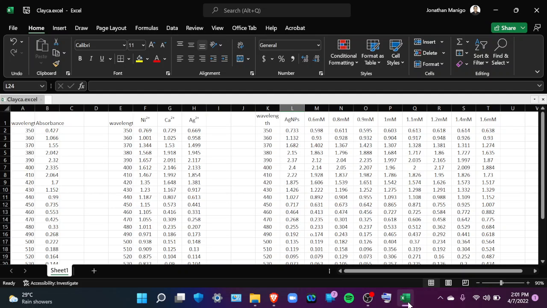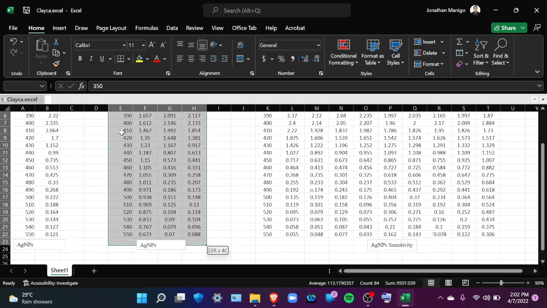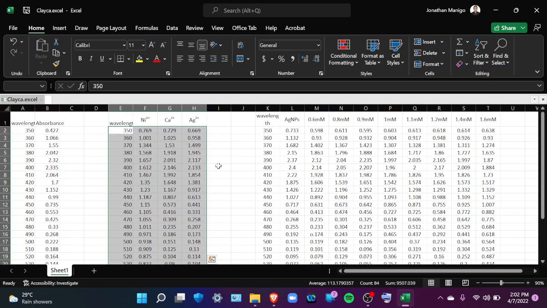So this is how you plot your data in Excel. For example, you have this data. This is data from Klika. This data here from E to H are for selectivity for nickel, calcium, and silver. And then the first column here is the x-axis for the wavelength. And the second and third and fourth columns are the different y-axis for each